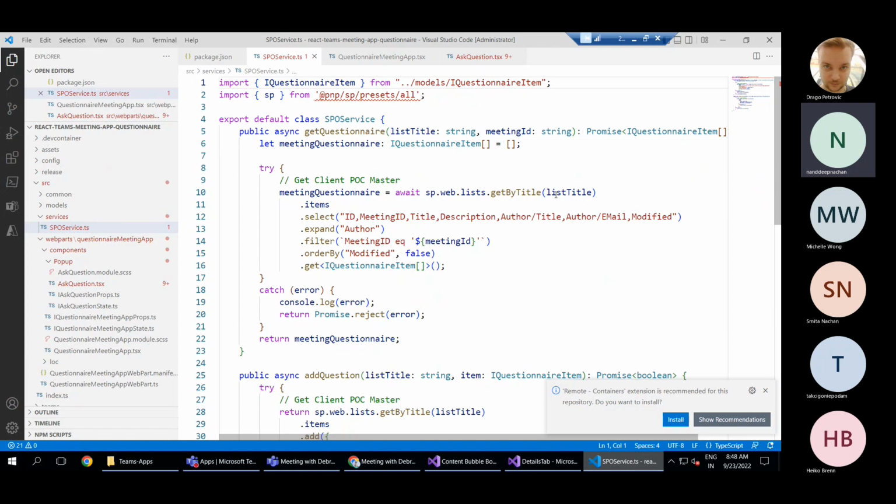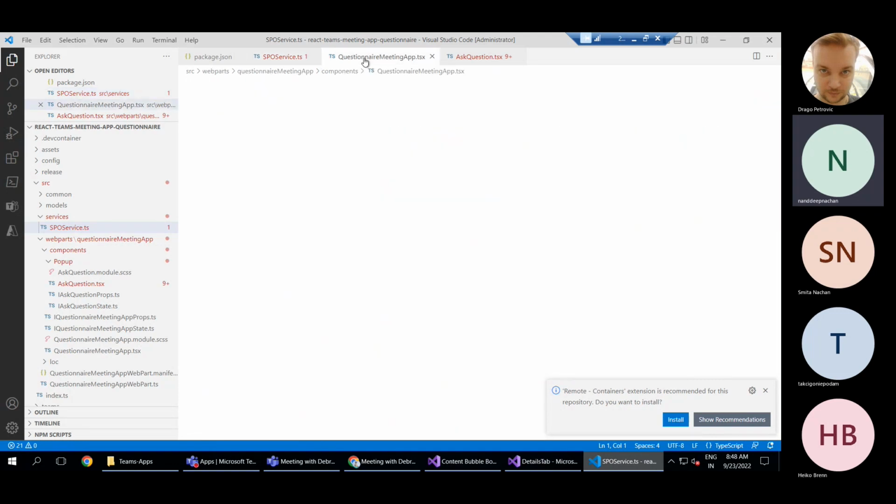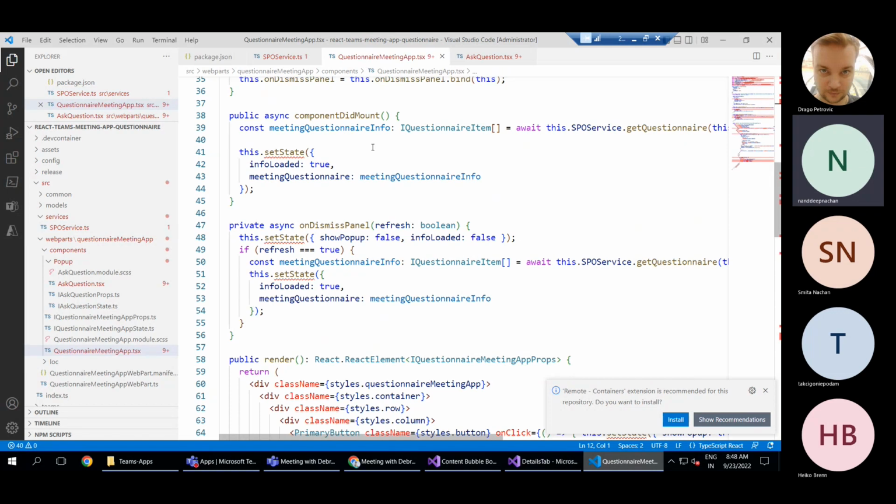So we have one list created as meeting questionnaire, with some columns of meeting ID, title, description, who asked the question, when it was asked, all those kinds of things. And then we just use that information to show to the user the questions being asked for this particular meeting. And this one is the React based implementation, wherein we are using the Office UI Fabric